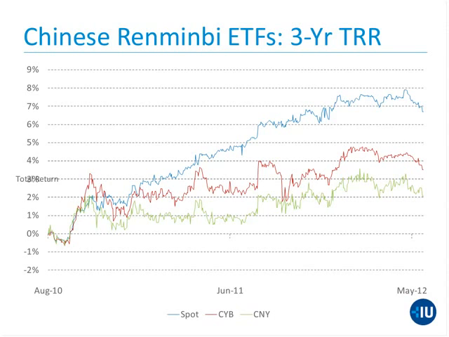exposure here. CYB is actively managed. That's the WisdomTree product. CNY, the VanEck product, just rolls into 3-month forwards contracts. And this is one case where I'm willing to say that that human element, or at least that flexibility, seems to have paid off. While neither fund has managed to match the unbuyable currency, which is that top spot line, CYB has definitely done a better job here, and it's done so for about 10 basis points less than its